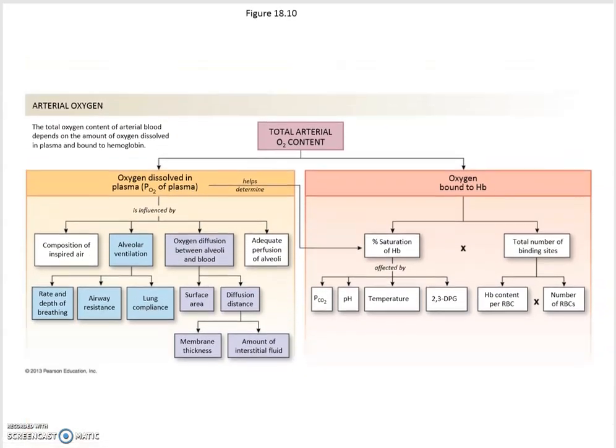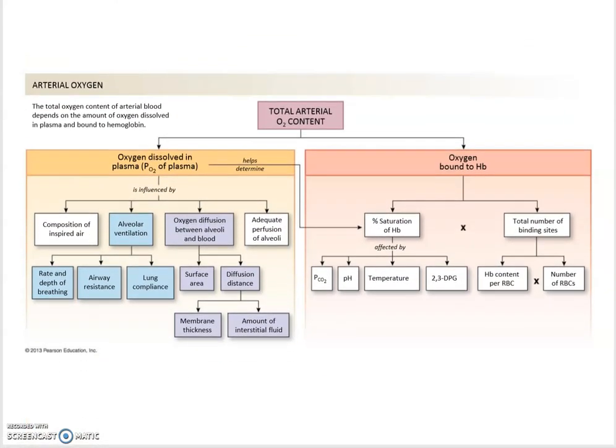And here is your summary slide of arterial oxygen. You can take a look at these flow charts right here. So oxygen dissolved in plasma, we said it was a ridiculously small amount. And it has all sorts of factors here that are affecting it. But keep in mind that oxygen dissolved in plasma is only 3 milliliters out of 200 total that are bound to hemoglobin per liter. So here the vast majority, over 98% of the oxygen that travels in the blood is